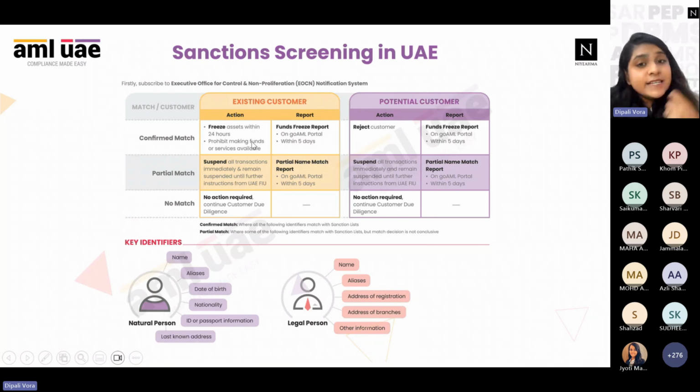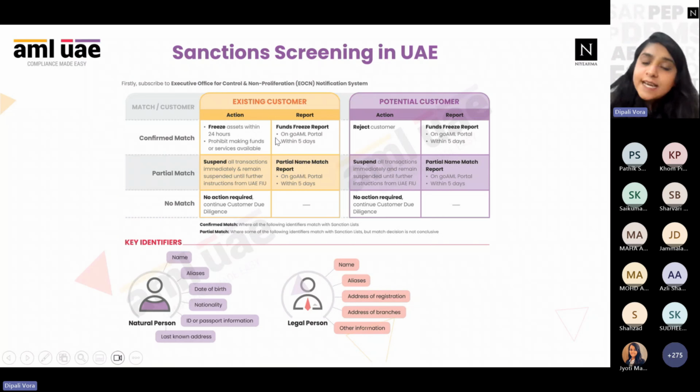This is the obligation in case of potential new inquiries. If there's any existing customer whose name is now appearing in the sanction list and it's a 100% match, we must freeze the assets. The way we can do that is to make sure we are not transacting with them and not providing any kind of services to them which will help them fulfill their motive. So, freezing assets and also prohibiting any kind of services is the action we need to take when any of our customers is 100% matching with a sanction list.